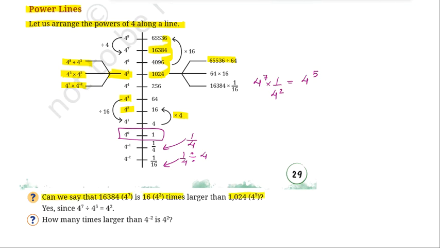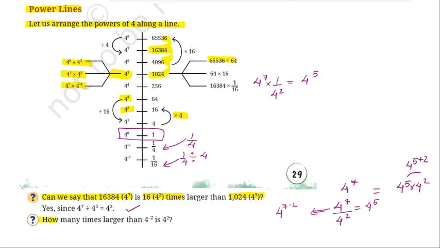सो यहाँ पे 16,384 विच कैन ऑल्सो बी रिटन एज 4 to the power of 7 is 16 times, that is 4 square times larger than this. So can we write 4 to the power of 5 when timed with 4 to the power of 2, isn't it equals? या फिर हम कह सकते हैं 4 to the power of 7 को जब मैं 4 स्क्वायर से डिवाइड करती हूँ तब भी मुझे 4 to the power of 5 आता है। यहाँ पे कौन सा लॉ हो जाएगा यूज, 4 raised to the power of 5 plus 2, और यहाँ पे लॉ कौन सा यूज हो जाएगा आपका, 4 to the power of 7 minus 2. So both ways you are getting the same thing. So yes, it is true.